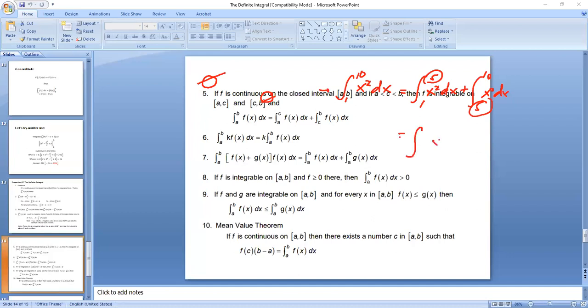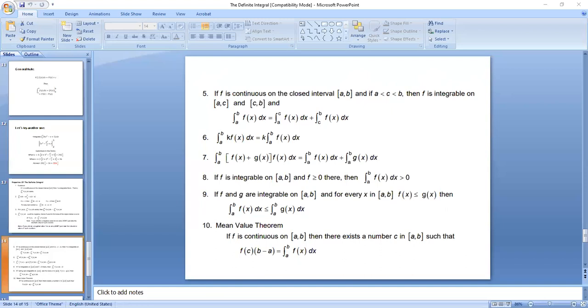It could be x squared from 1 to 3 plus the integral of the same function x squared from 3 to 10. So it's just like you take that out. You're still integrating the same function, as long as the number that you're using here is in between the interval a, b. In this case, our a, b, the example I wrote is 1 and 10 respectively. Okay, I hope you get that. So we can have the integral of something as a sum of two different integrals bounded by the same closed